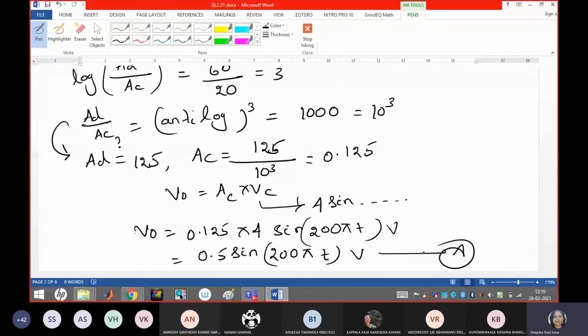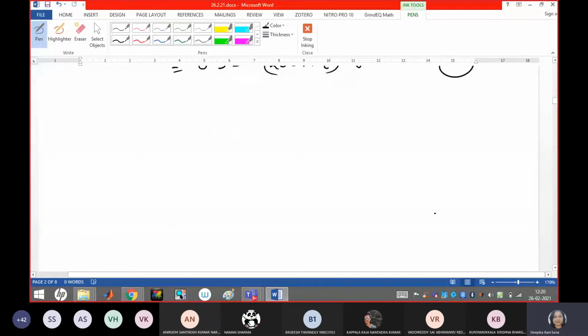You have to check up to which point you have to solve, means what data you have to consider. If nothing is mentioned, you may go for both AD, VD and AC, VC. Then you may get it more clear in the next question.